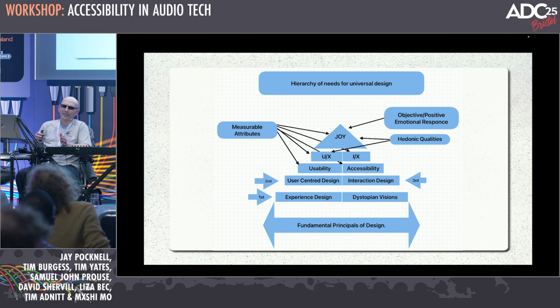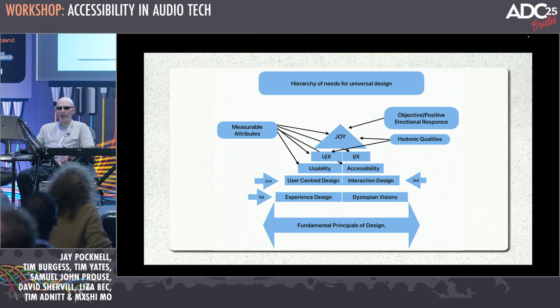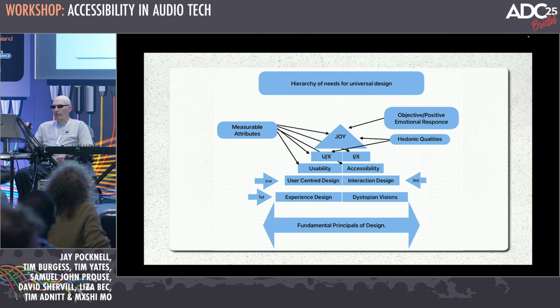So I've taken a different entry point to a lot of people because I wanted to be accessibility first in my work. I thought that would make sense. And I want to share something today that I came up with during my Masters, which is based upon the hierarchy of needs, but for software design. I think there's a process that we can all follow here that really helps concretely make things universal. At the bottom, we've got the fundamental principles of design,